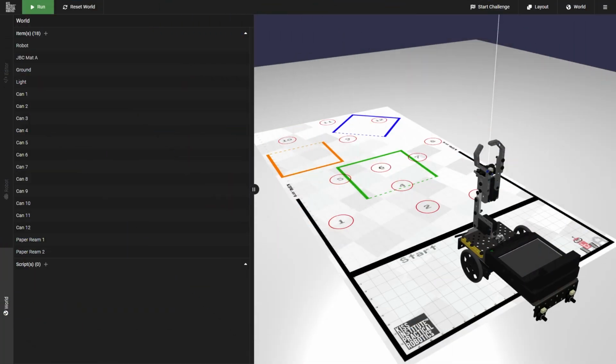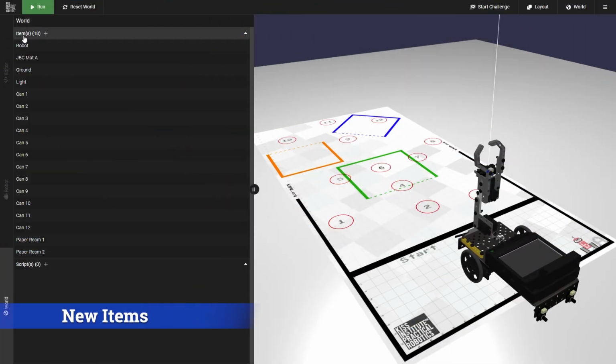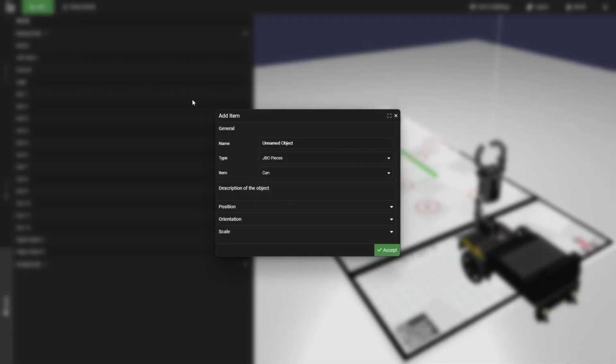To add new items to the scene, up here at the top you'll see it says items and the number of items that are currently in the scene. Right next to that there's a plus icon, and this opens up a dialog box where we can actually create a new item. I'm going to give this object a name called can A,